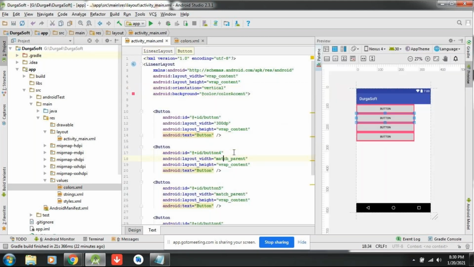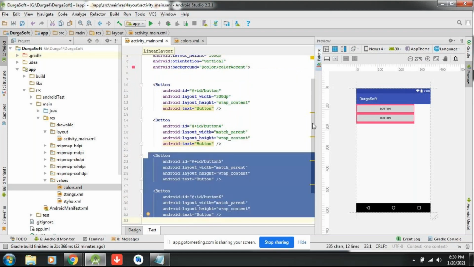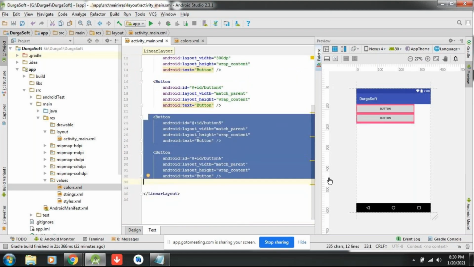Okay, this is because you have written wrap content, wrap content. So like this, you can hard code your wrap content also. For example, like 300 dp. Height, consider you can write 100 dp. So if I write 100 dp, but here I have placed 4 buttons, what happened? 2 buttons are not showing because its height is restricted only for 2 buttons.